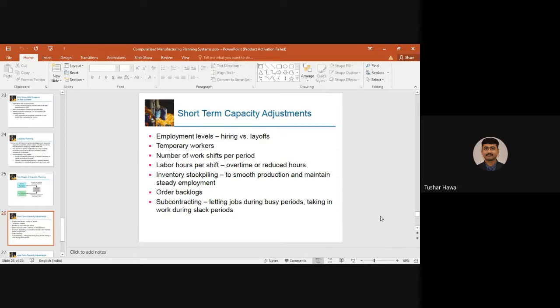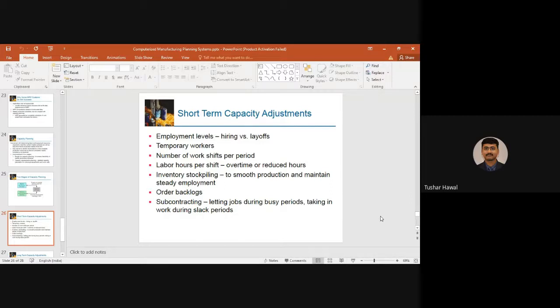Now, this short-term capacity adjustment is not only on the higher side, it might also be on the lower side. Please remember that. The mask example I gave was on the very higher side. It can be on the other side also, because for most things in this COVID era, the orders came down completely to zero.